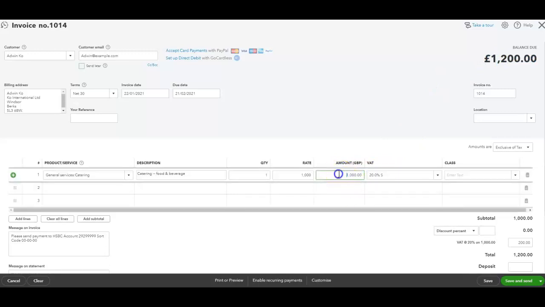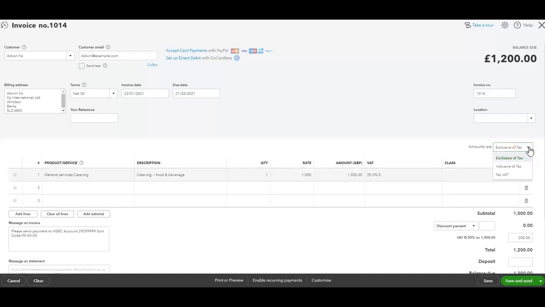If you want to change, for example, sometimes if they are a partial payment, you can always change that. And on the class section, you can choose the class if you want to, but this is not a mandatory section. If you think that will be helpful for your transaction tracking, you can always do that. The next section we have here,